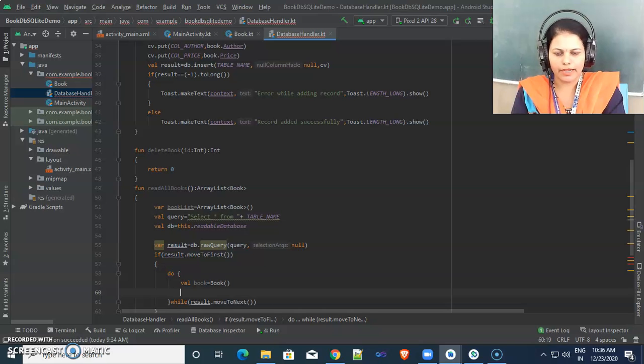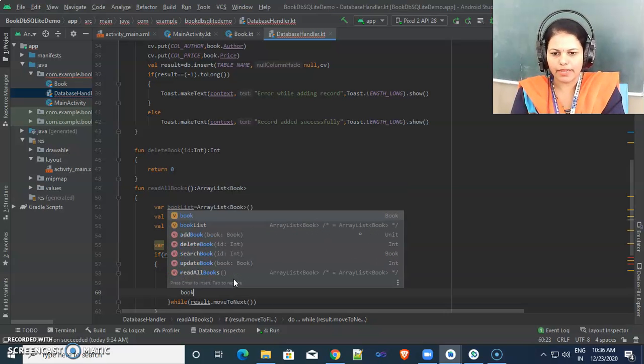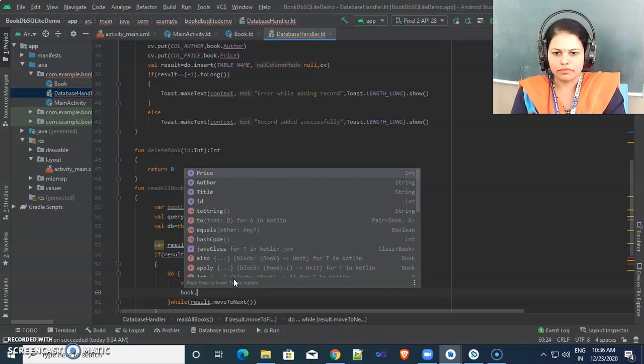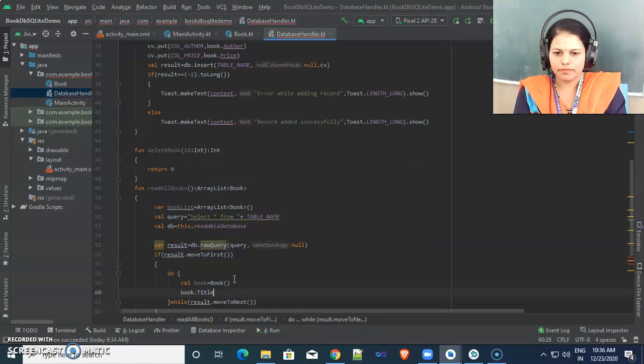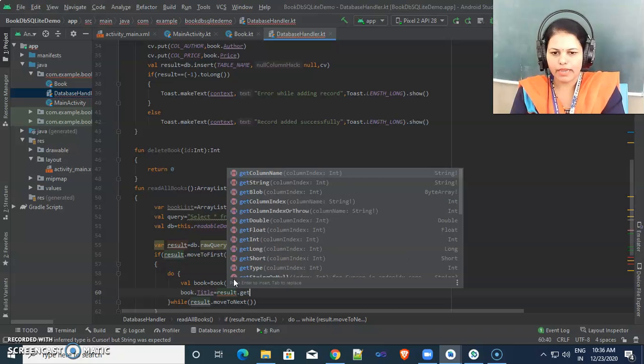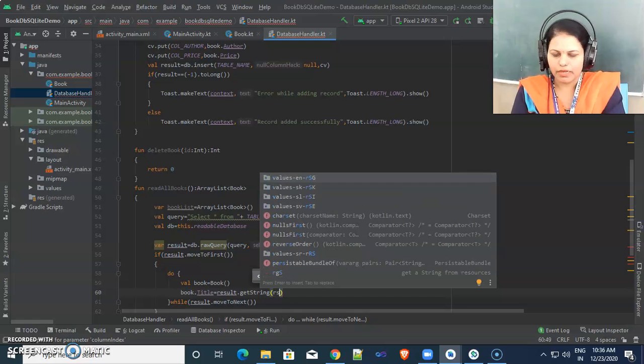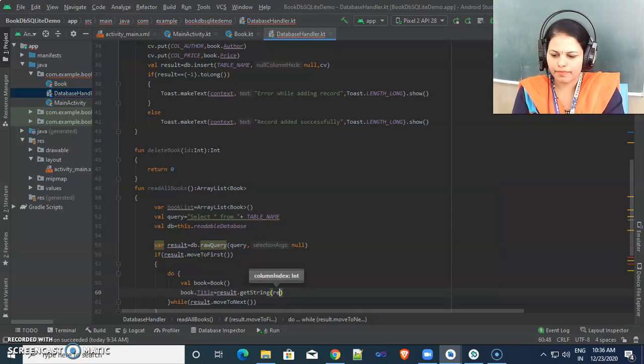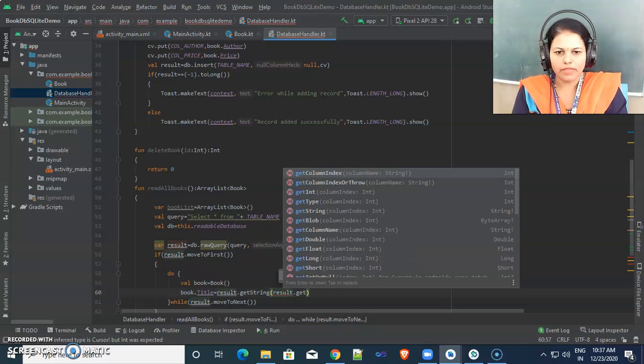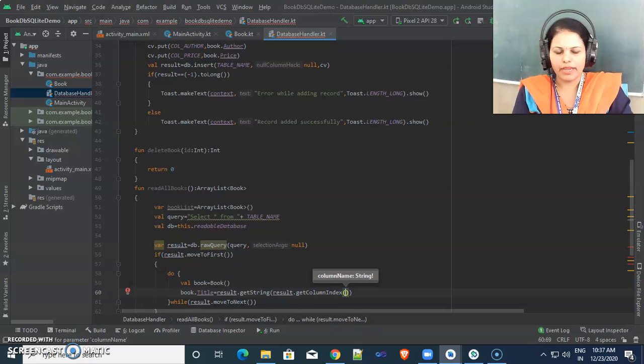An empty object we are creating, and inside this object we are adding values one by one, as title is equal to result dot get string, and inside this result dot get column index, which column value we need to store inside this title.